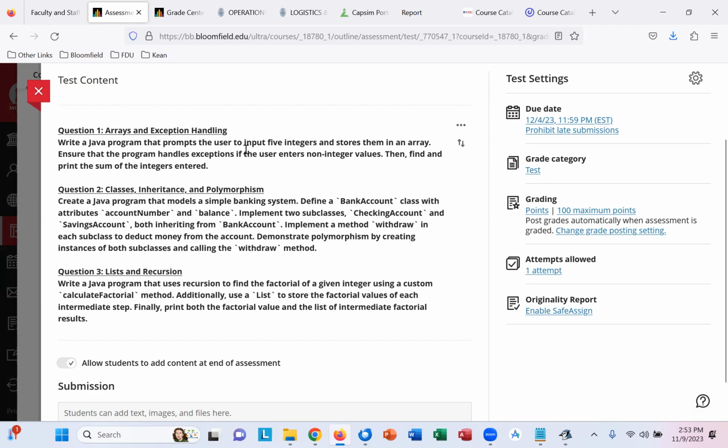So for your first question, it's combining arrays and exception handling. You're going to write a Java program that prompts the user to input 5 integers and stores them in an array. So that's the array part. But you have to ensure that the program handles exceptions if the user enters non-integer values, which is the exception handling part. Then find and print the sum of the integers entered. So you'd have to go back to when we covered arrays initially, and go back to the exception handling section that we covered, look at your input mismatch example, and basically combine them together to get your